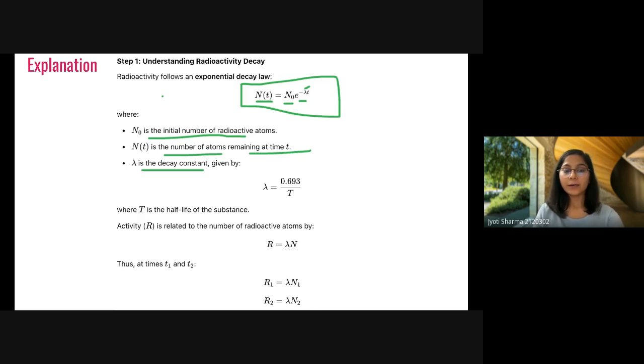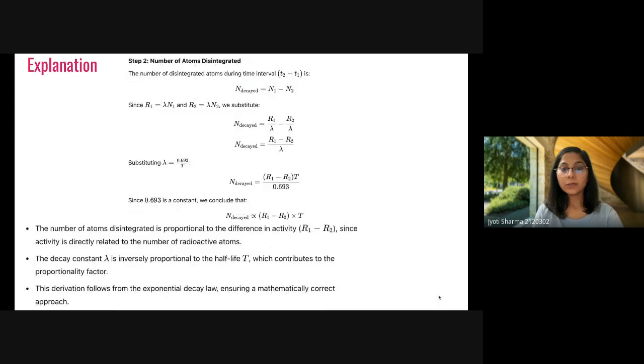We also showed in the last question that the rate of disintegration is known as activity, and this activity is dN upon dt, which is equal to alpha N. Because we have two times, T1 and T2, R1 and R2 will be alpha N1 and alpha N2. These are the disintegration rates at T1 and T2. Just keep in mind that right now we have two equations here.